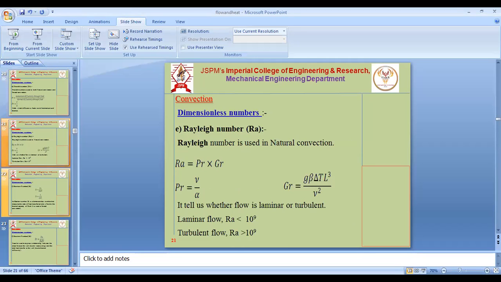Then for natural convection, there is one more number called the Rayleigh number, denoted by Ra. It is the Prandtl number multiplied by the Grashof number. That multiplication is called the Rayleigh number. What is the use of the Rayleigh number? Like in forced convection, the Reynolds number tells us whether the flow is laminar or turbulent. Similar